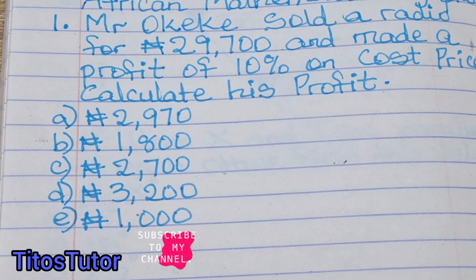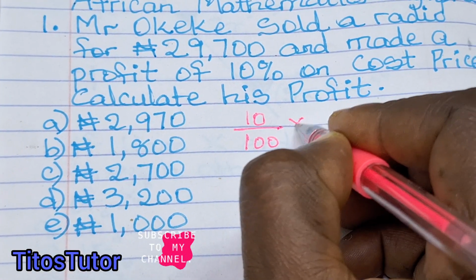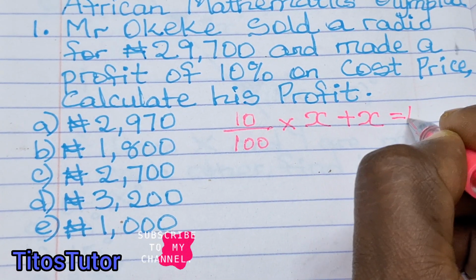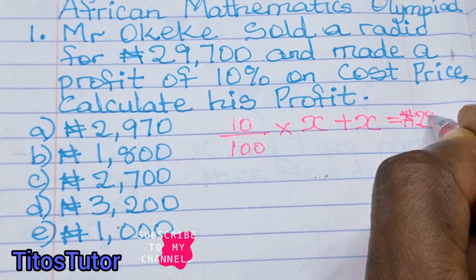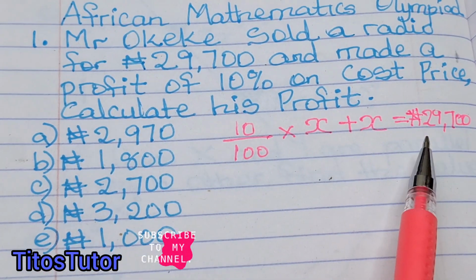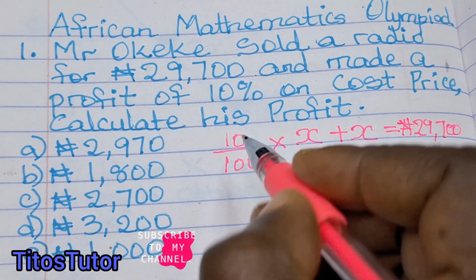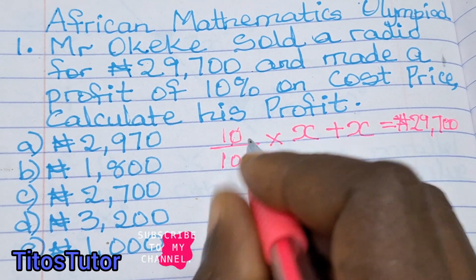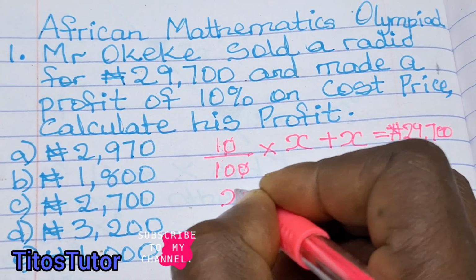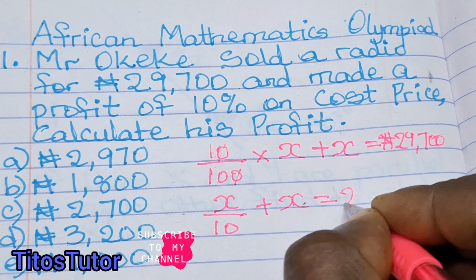So it is 10% of x added to x will give me the selling price, which is 29,700. Okay, so this is my algebraic equation. So I can solve for x. Let's go. 0 cancels 0. I'm left with 1 over 10. 1 multiplied by x will give me just x over 10 plus x is equal to